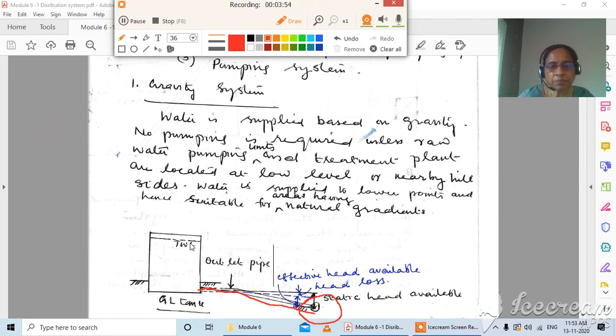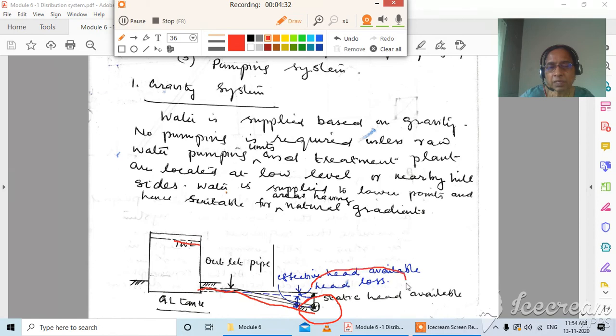So we know that when the water is stored in this particular tank, this is the top water level, it is marked here. Now water is distributing through this line. So when it reaches this point, we know the water pressure. That means here, this is the total head available, or the total static head available. So now this head, when it reaches here, it will be getting reduced. How much is it getting reduced?